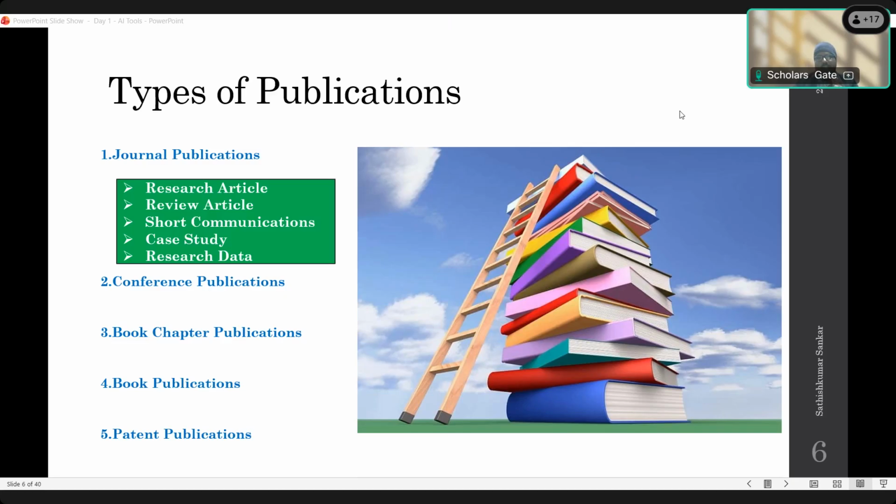Form 9 you can file. Once Form 9 is filed, I think the fee is 2,500 rupees or so. Once you file that, within 35 to 40 days your publication will be published through the patent office. This is separate, so this is the patent process. Once the patent is filed and until the patent is granted, there are different stages. The first stage is publication, the second stage is examination, then it goes for grant. Okay, ma'am, thank you.